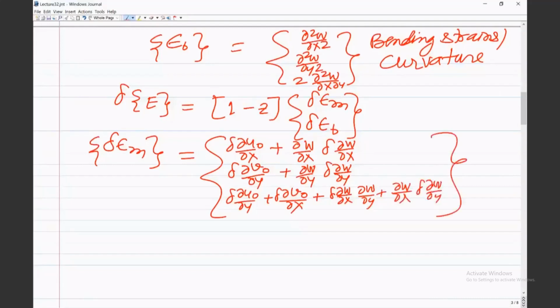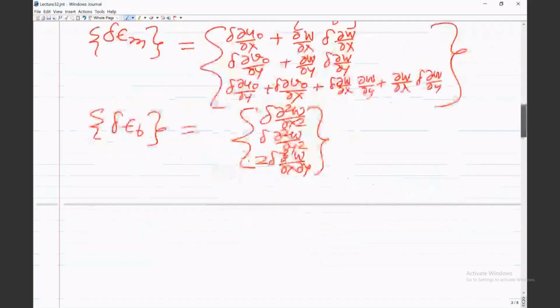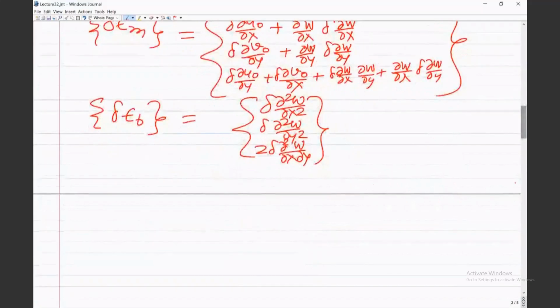So this will be the variation of membrane strain, and similarly the variation of bending strain, delta of epsilon b, in this equation, will be equal to delta of del 2w by del x square, delta of del 2w by del y square, and twice of delta of del 2w by del x del y. So once we have this, now let's see what kind of interpolation we want to use,